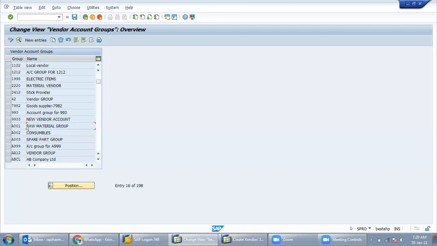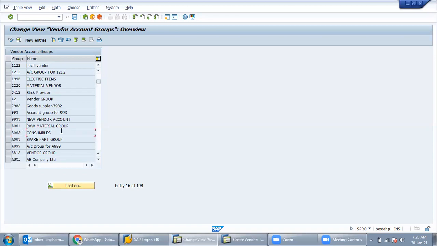If we create only one group A001, a common group for vendors, and create all vendors in that group, is it possible to give a report of how many raw material vendors or how many employee vendors there are? It's not possible because we have created them in a single group. So for solving that, we make different groups for different business purposes of the vendors.